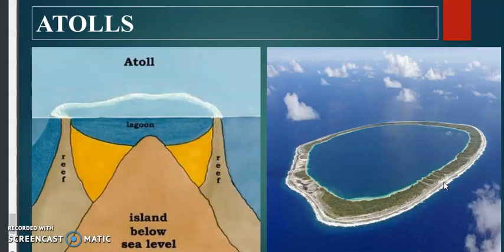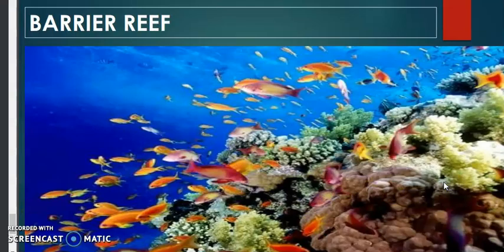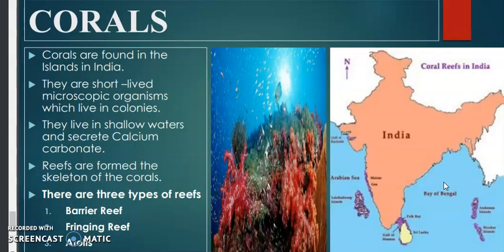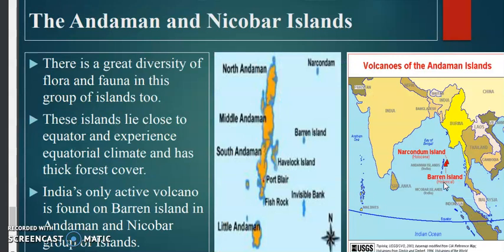So, in this particular part, we have seen what is Barkhan. Then we have read the average rainfall amount of the desert area, the characteristics of the desert, as well as the eastern coastal plain and the western coastal plain. We can prepare the differences also, and last of all we have seen the island groups of India, and we can make the characteristics as well as the differences of the different island groups of India also.